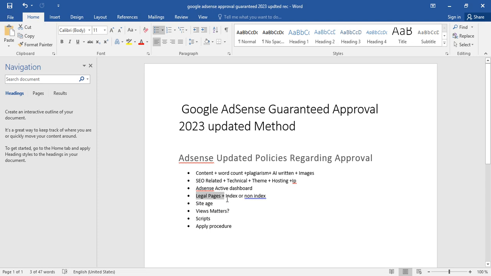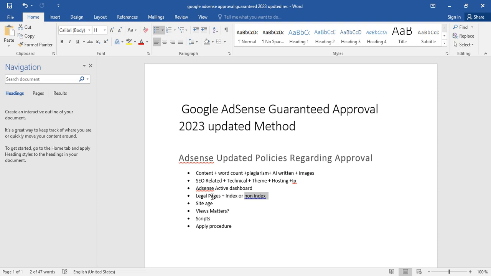Okay, and another thing, people are indexing their legal pages as well. I suggest keeping them non-index, because users are not looking for these on your website. If a user visits your website and wants to buy or see something, or just feels the need to read your privacy policy or your terms and conditions page, then they will explore it, and there will be navigation on your website, and they can navigate easily to read them. But Google won't show it in search engine.